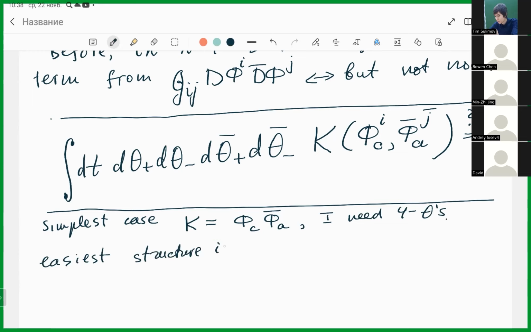Easiest structure is the following. Get 2 thetas from f theta plus, theta minus in phi chiral and 2 theta bars